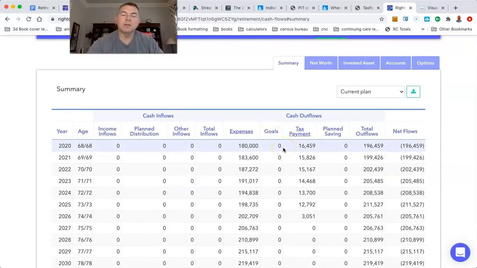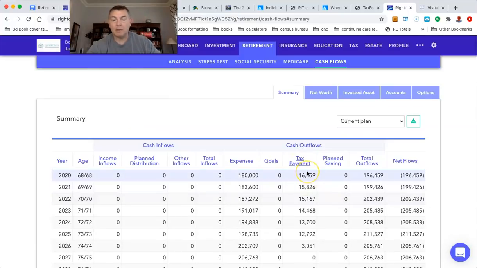Again, this kind of goes back to the whole thing with the mortgage. If you don't have that income need because you don't have a mortgage, you have your house paid off, you don't need to make the money in which to pay the mortgage. If you don't need to make the money to pay the mortgage, you don't have to pay taxes on that money. And same thing here. So if we go to zero, tax payment, $16,000, so they had to pull $196,000 out of the portfolio to cover $180,000